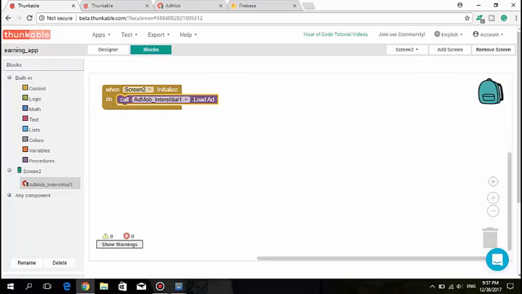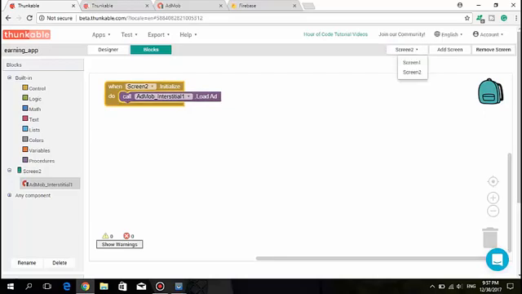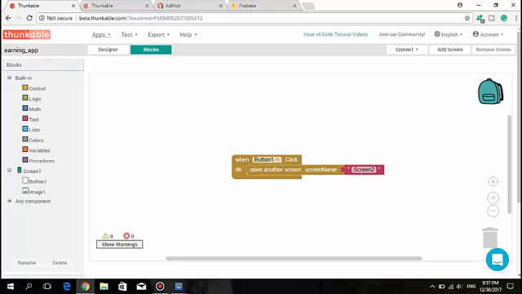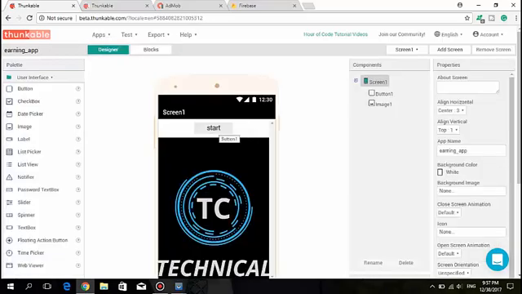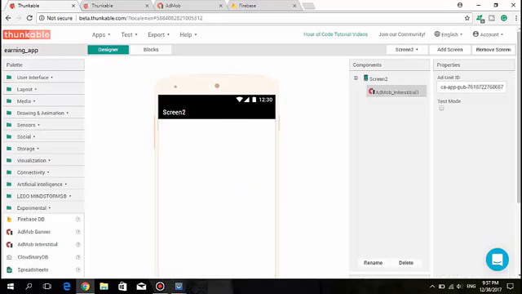So that's it, that when I click on start, then the user will move to screen 2 and here he will watch the ad,